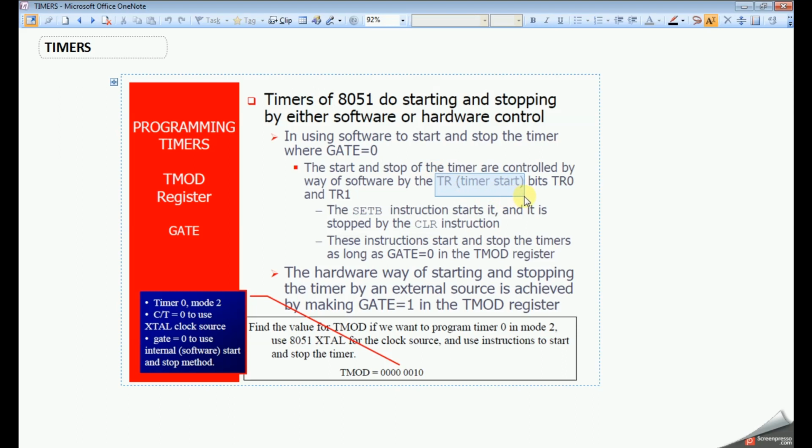There are 2 bits, for both timer 0 and timer 1. If TR0 equals 1 in the program, timer 0 will start. If we give TR1 equal to 1, timer 1 will start. So TR0 is for timer 0 and TR1 is for timer 1.